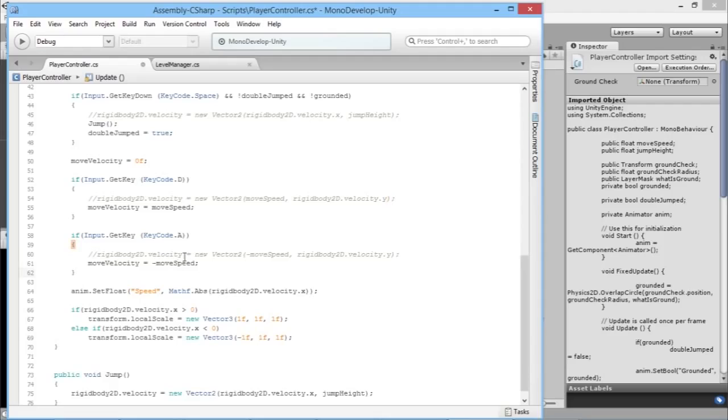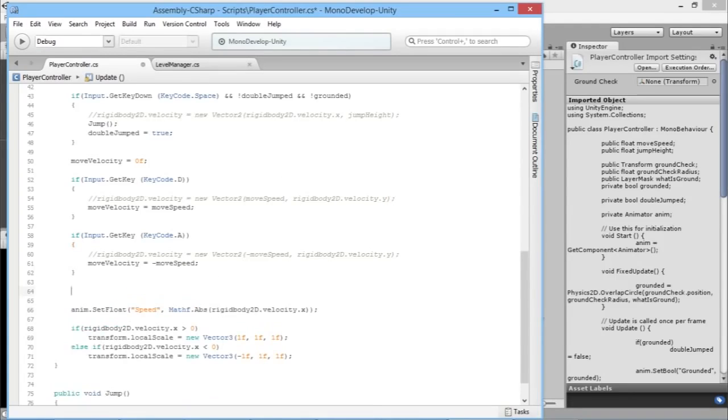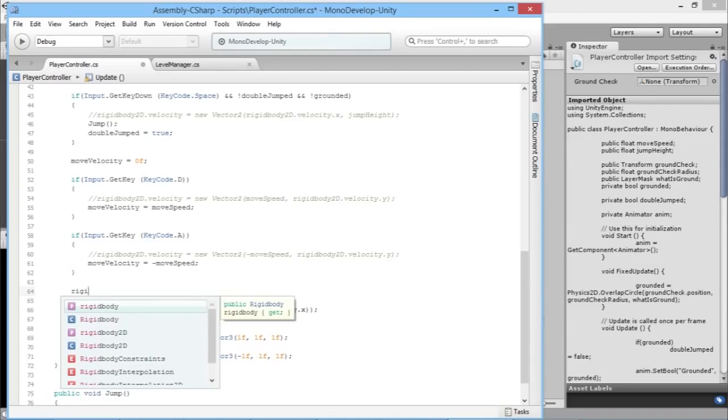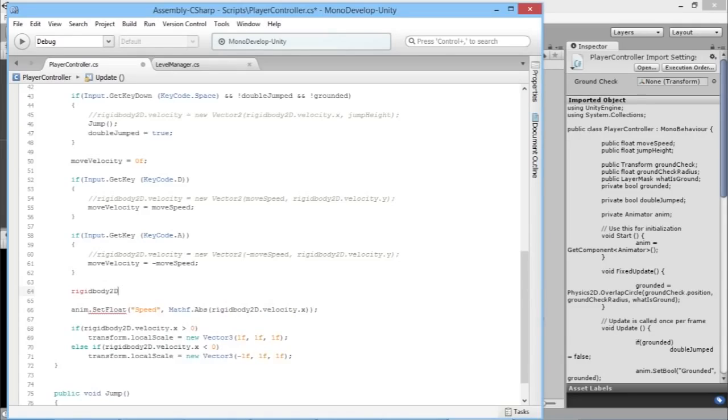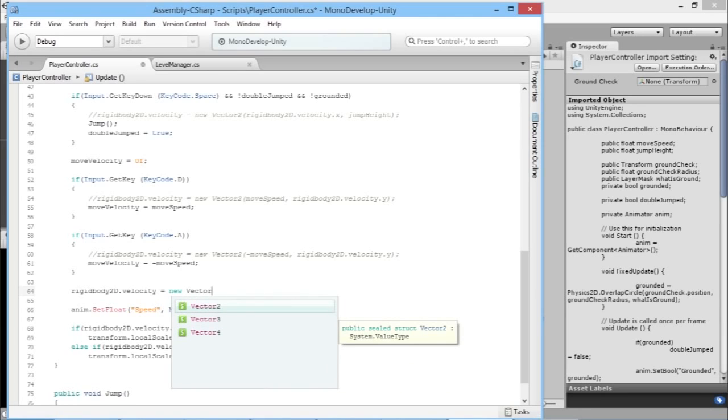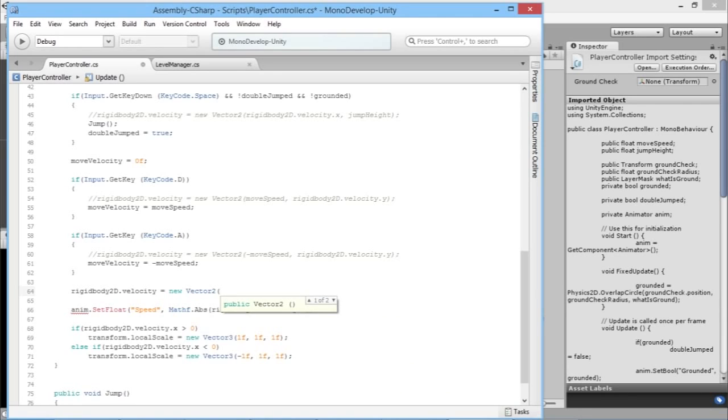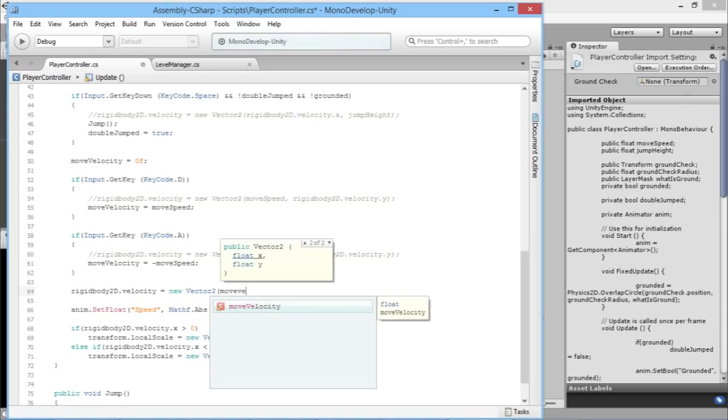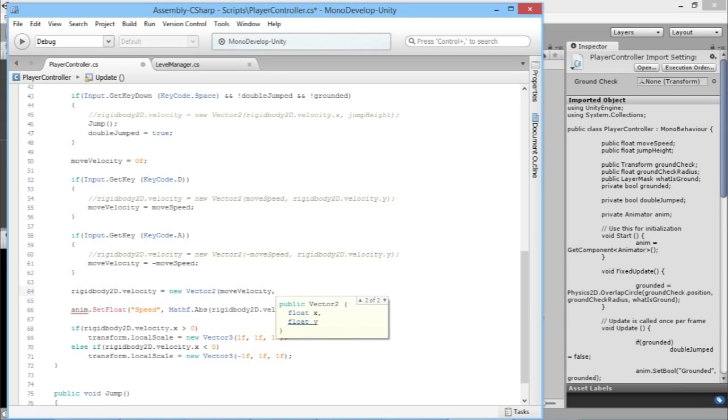So rather than having the same bit of code there being doubled over and being kind of useless, after those bits are done, we will say rigidbody2D.velocity is equal to new Vector2, and instead of move speed we'll put move velocity in there,